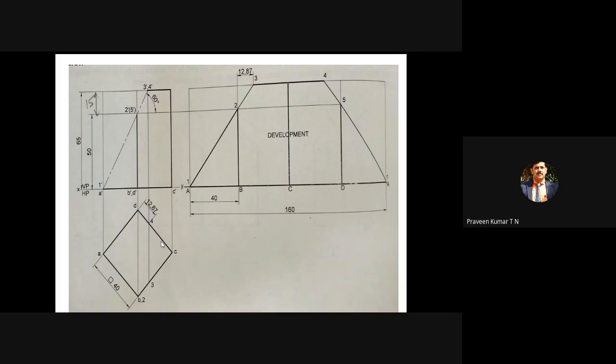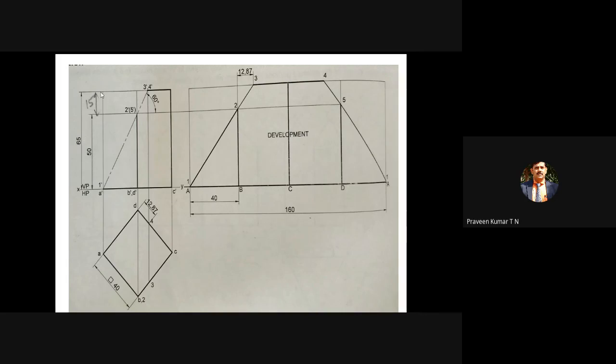Once you finish the front view and top view, normally you construct the front view with thin and light lines. That is the first part. Afterwards, draw one line at a distance of 15 mm from the top horizontal line. The height of the prism is 65 mm.